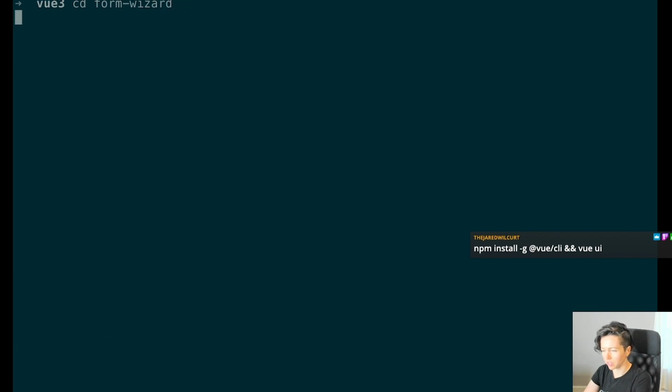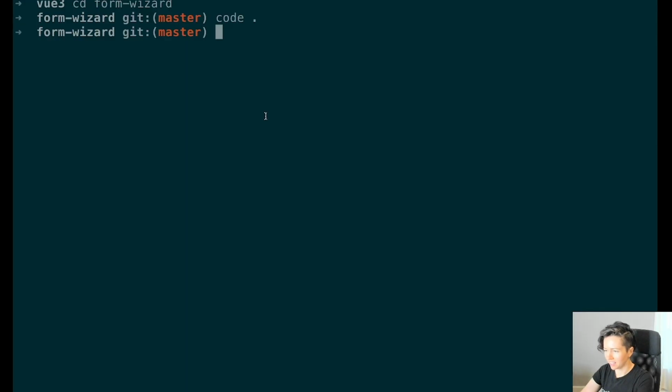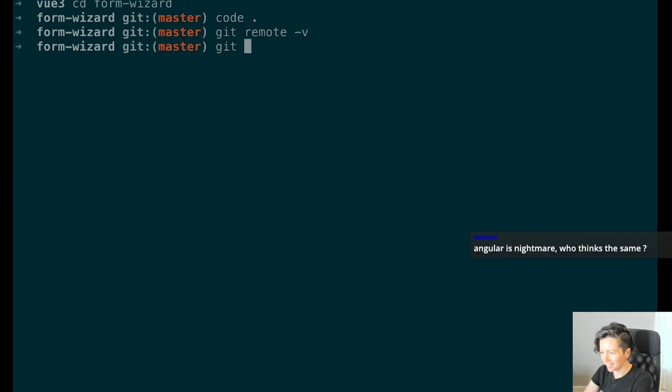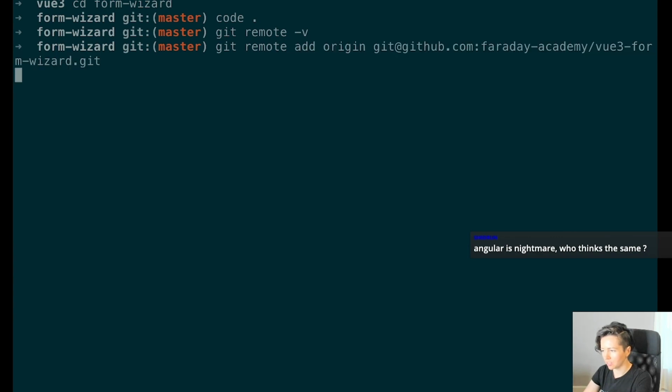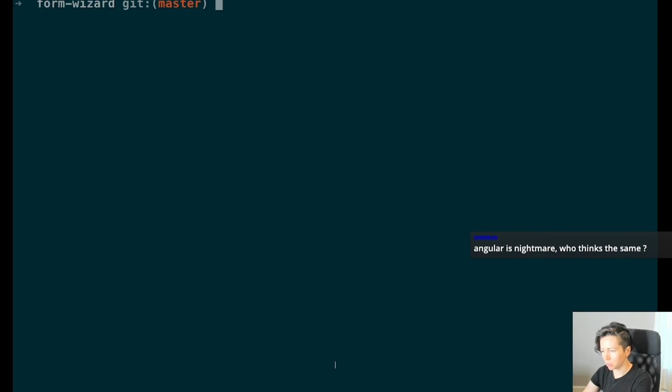Okay, so get into Form Wizard. Let me go ahead and open it in VS Code. And now I'm gonna go, yeah, that's to be expected. Okay, git remote add origin, and now, okay, so my git remote setup,